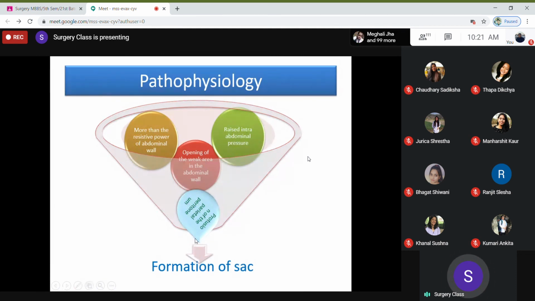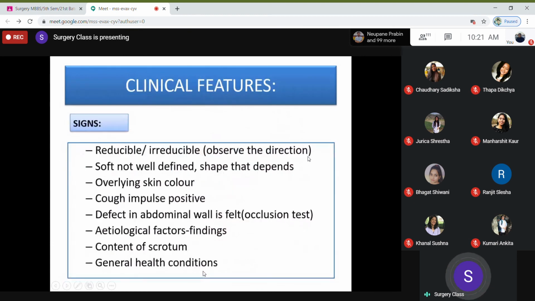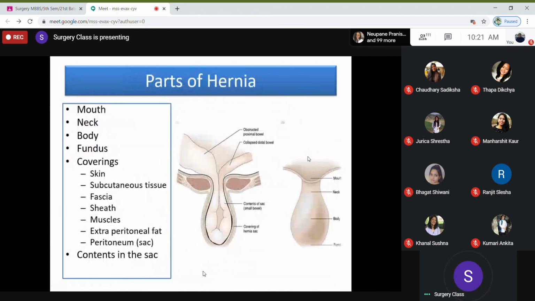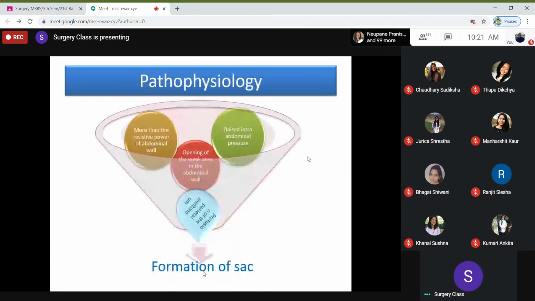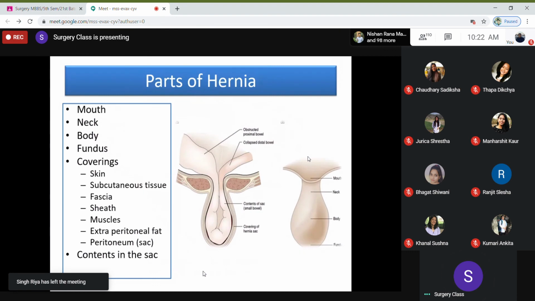And from that sac, you can have the opening in the parietal peritoneum and the swelling outside in the abdominal wall. You can see external hernia, there's no formation of sac. Okay, so that's the basic pathophysiology of hernia or sac formation. Now you see, what is part of hernia? You can see that